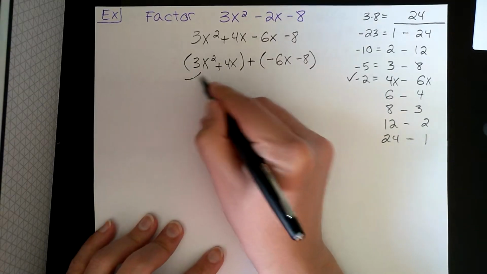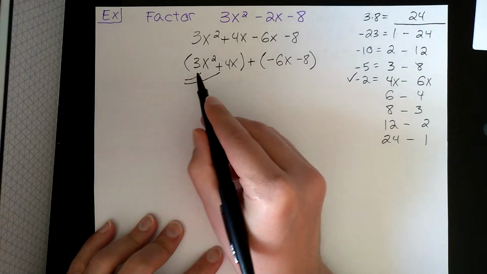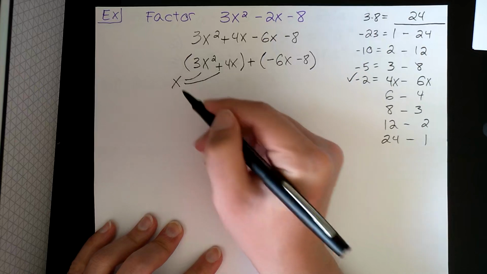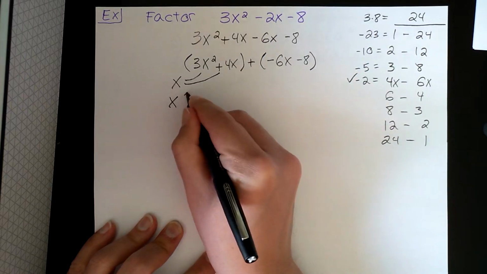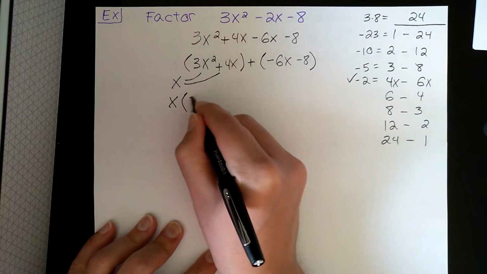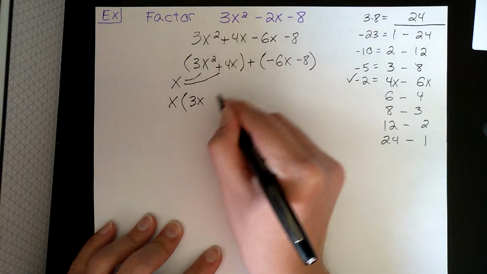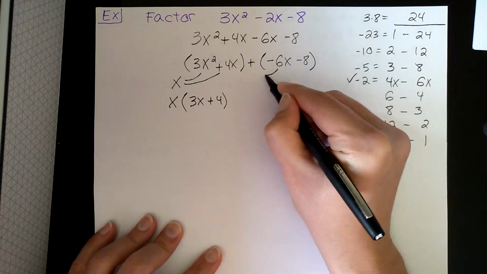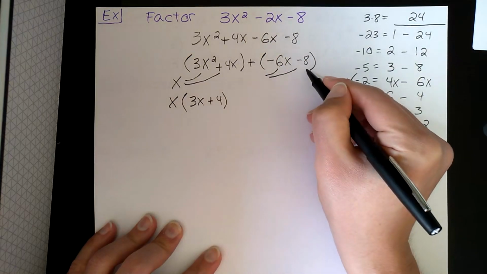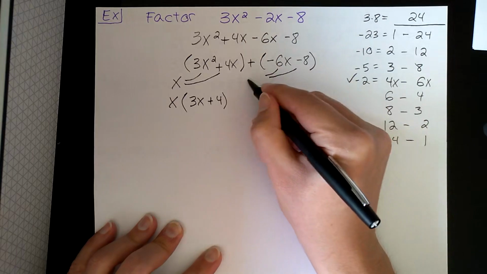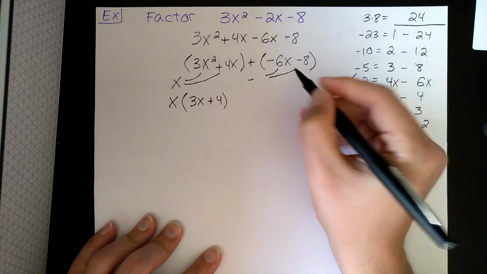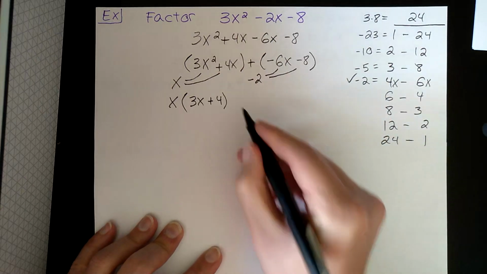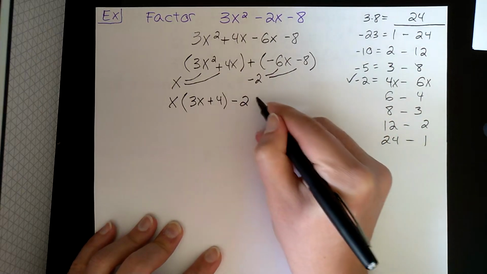From here, we'll factor out the greatest common factor of each pair. Between 3x squared and 4x, there is only an x in common, which gives us x times 3x plus 4. And now what's common between negative 6x and negative 8? Well, there's a negative that's common. And also both numbers are even, so there is a 2 that is common. So we get minus 2